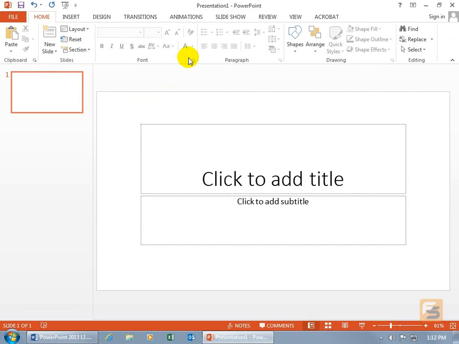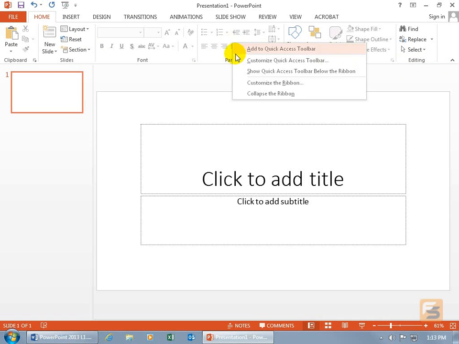Now you can customize the ribbon. You can't mess with the defaults, like you can't delete or remove any of these tabs, but you can hide them. You can also add additional commands to any one of these tabs, but you can't customize the groups in that you can't add additional commands to one of these defaulted groups that's already been set there by Microsoft, but you can add another group and add commands to it at the end of, let's say, the Home tab here. And to be able to customize this, you can right-click anywhere on the tab and go to Customize the